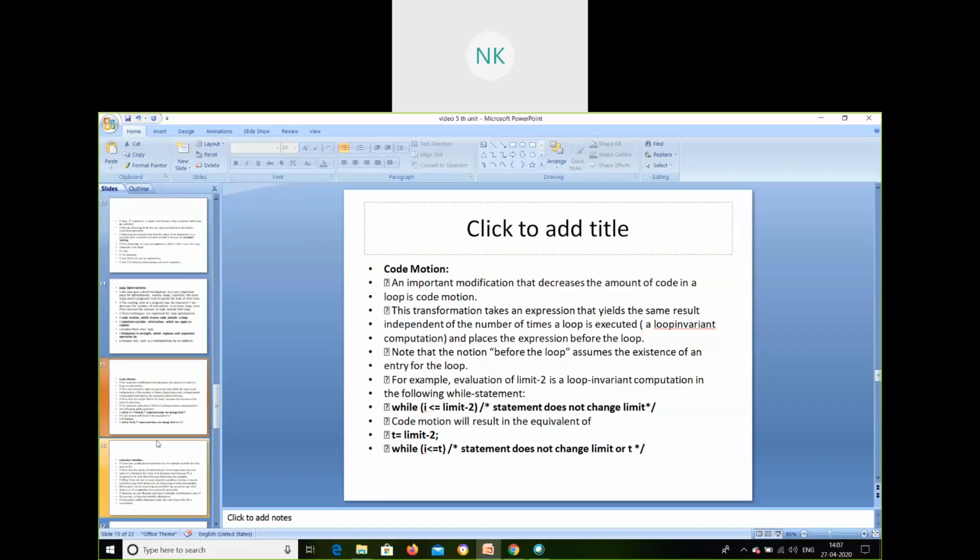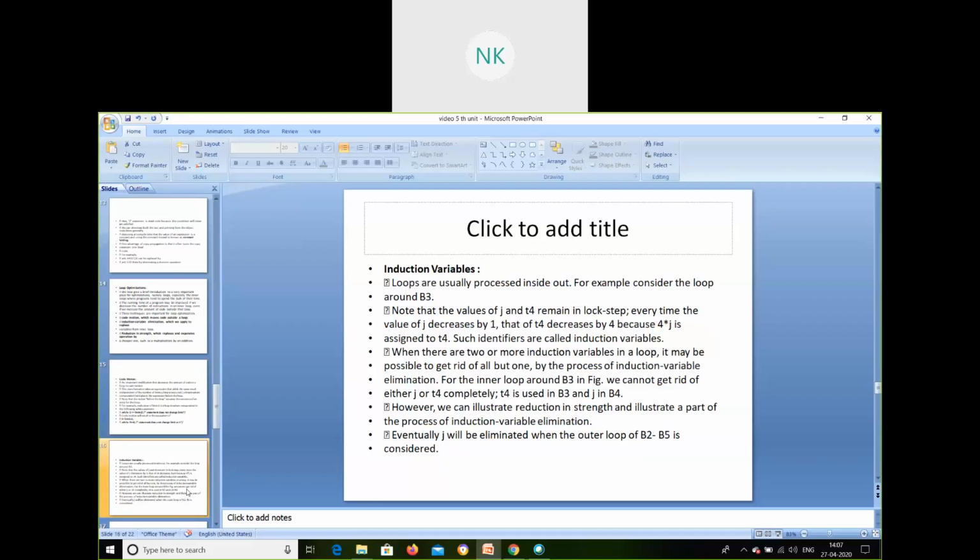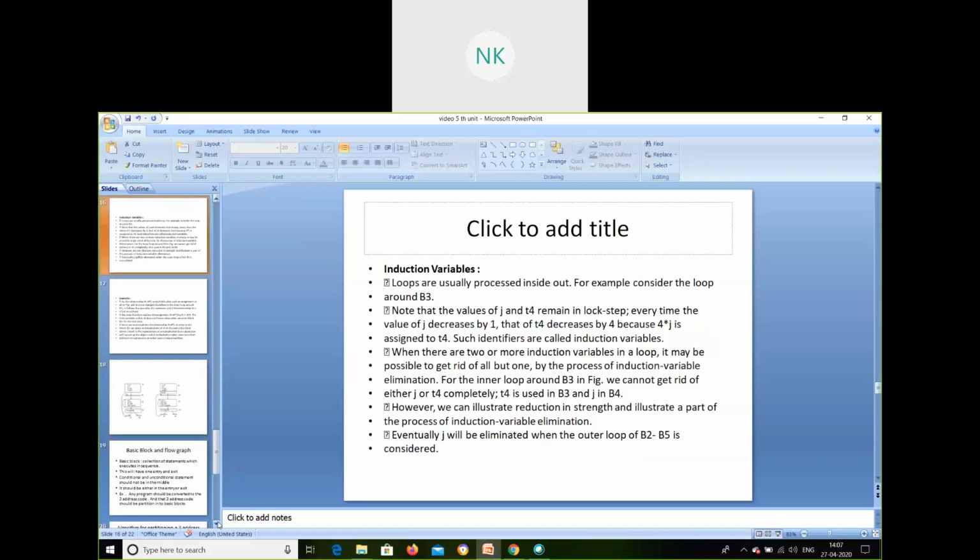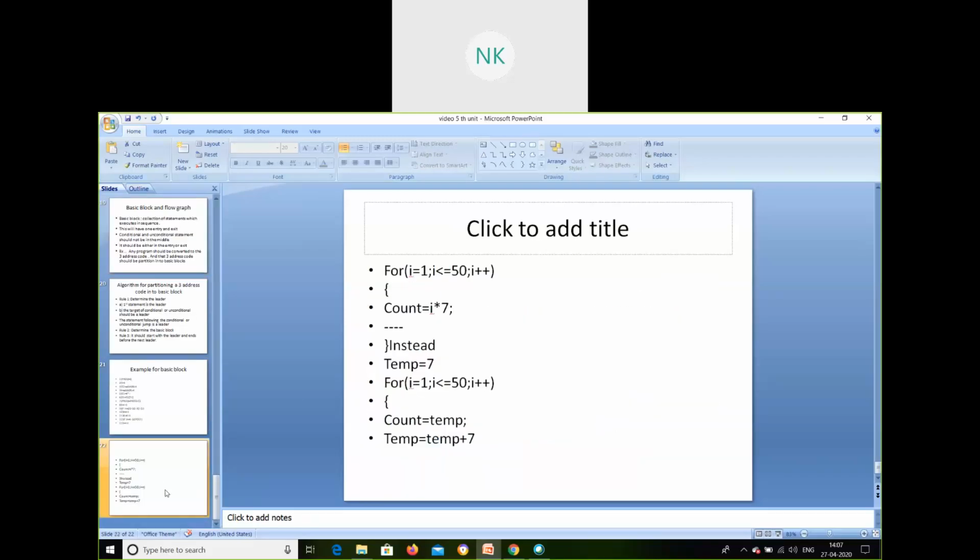That is code motion. Then the next one is loop invariant computation, which I've given you theoretically here. For strength reduction, and for loop invariant also, you can use the same example, while I is less than or equal to limit minus 2.